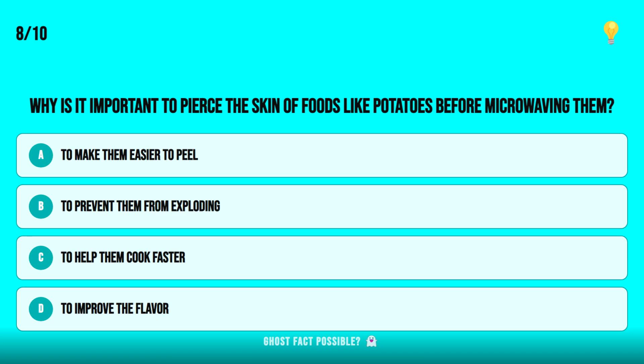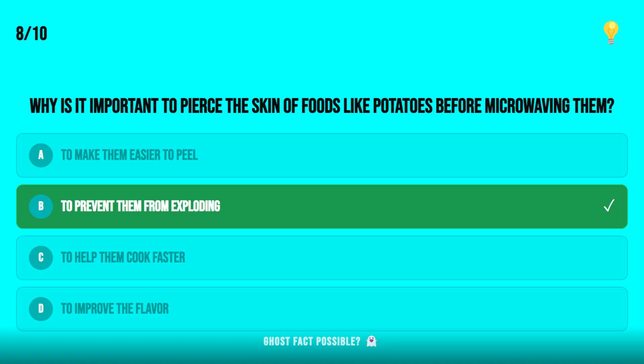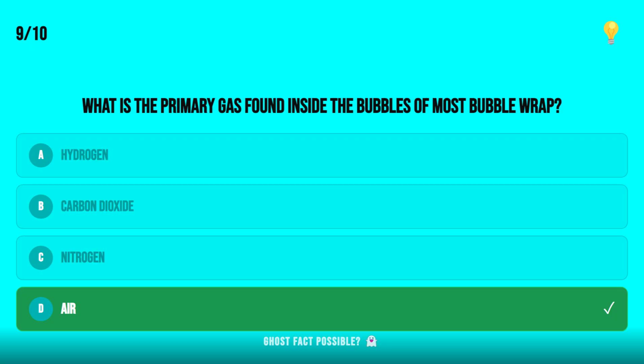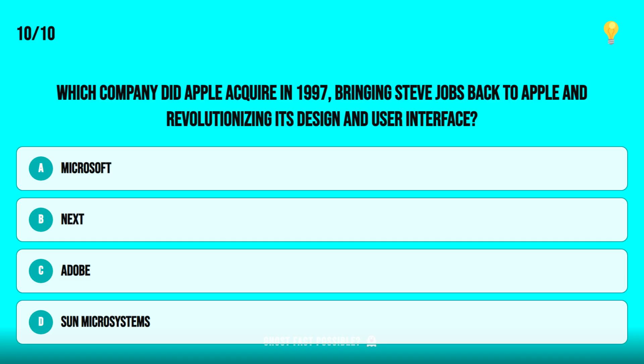Why is it important to pierce the skin of foods like potatoes before microwaving them? That's right, to prevent them from exploding. What is the primary gas found inside the bubbles of most bubble wrap? Correct, air. Which company did Apple acquire in 1987, bringing Steve Jobs back to Apple and revolutionizing its design and